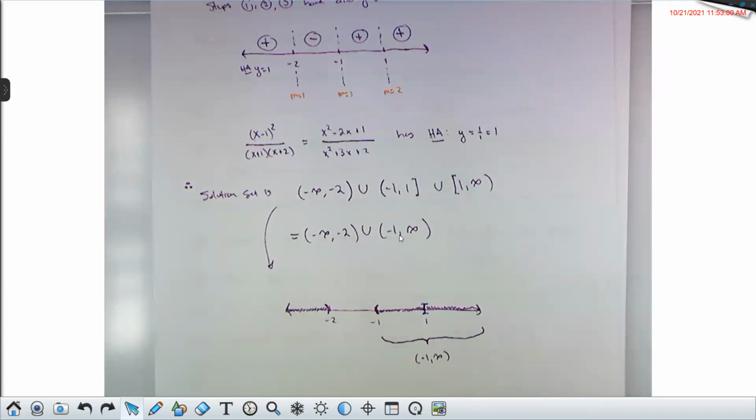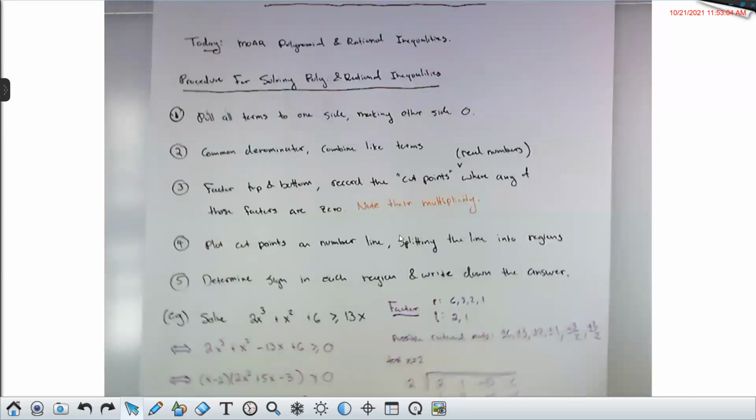Okay. I've got one more problem that I plan to solve with you guys today, and we're moving on at a pretty good clip here, so we might have time for even one more after that. But the last one that I wanted to work here involves a fair amount of algebra. So let's have a crack at this.